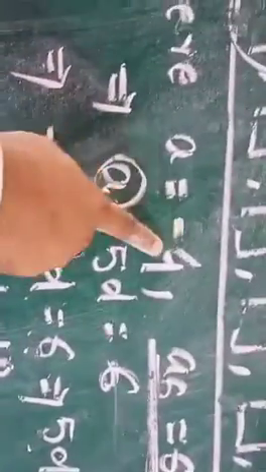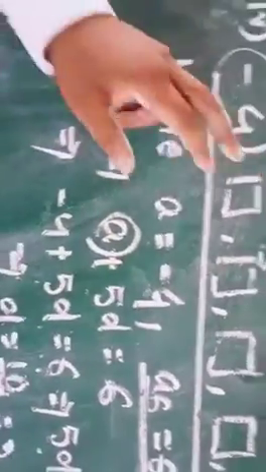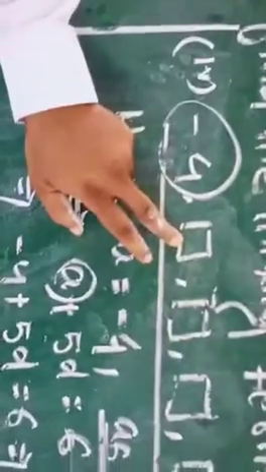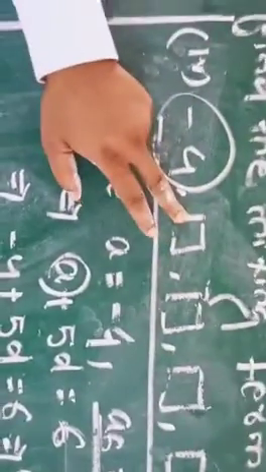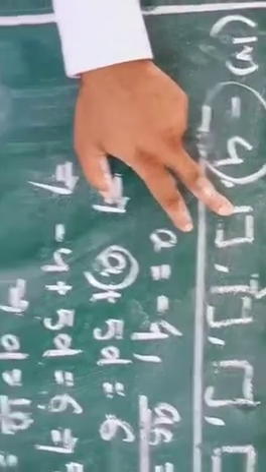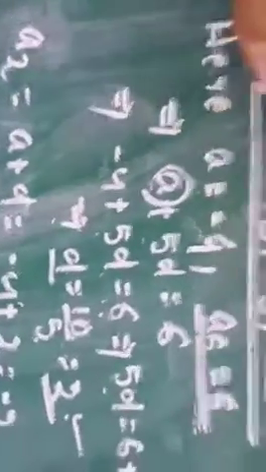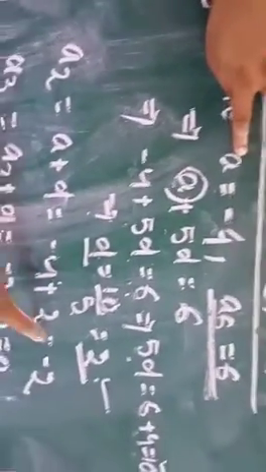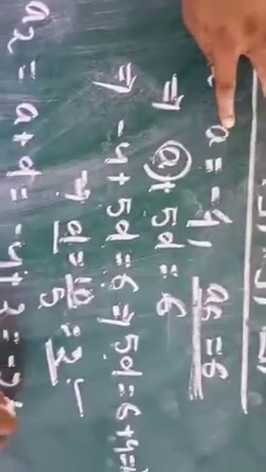You know the first term is minus 4. Then you have to find the first box. First box is which term? The second term. So the second term A2 is equal to A plus D. First term is minus 4, plus D is equal to 2. Minus 4 plus 2 is minus 2.